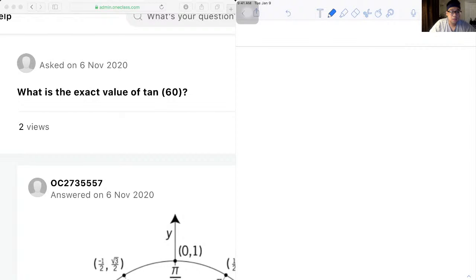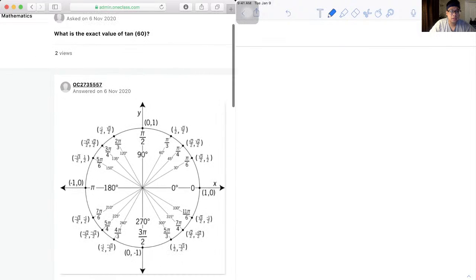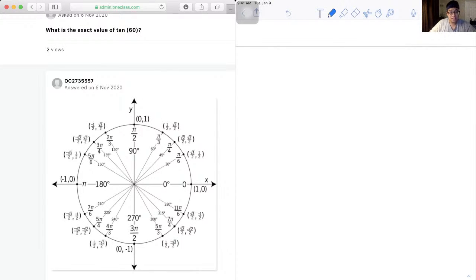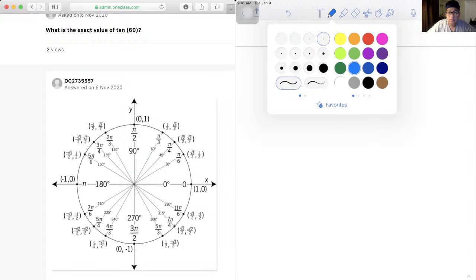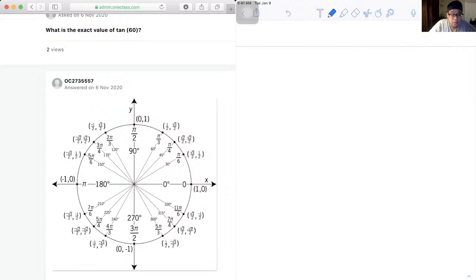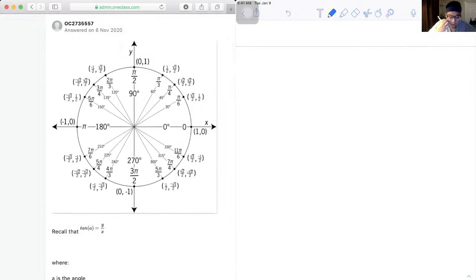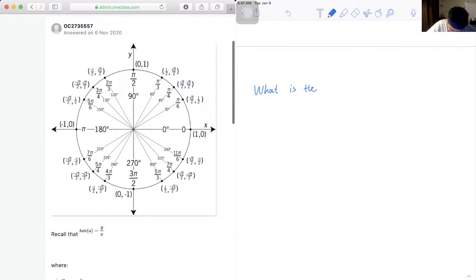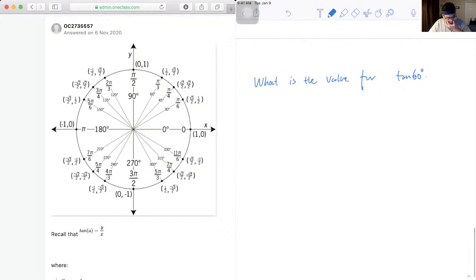Okay. So our next question is asking us, what is the exact value for tangent 60? Let's copy down the question. What is the value for tangent 60? Okay, since it's asking for tangent 60 and we know 60 is a special angle, so we can